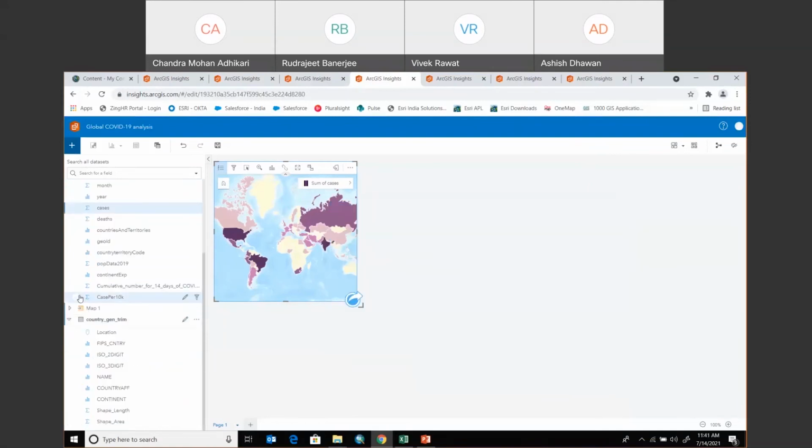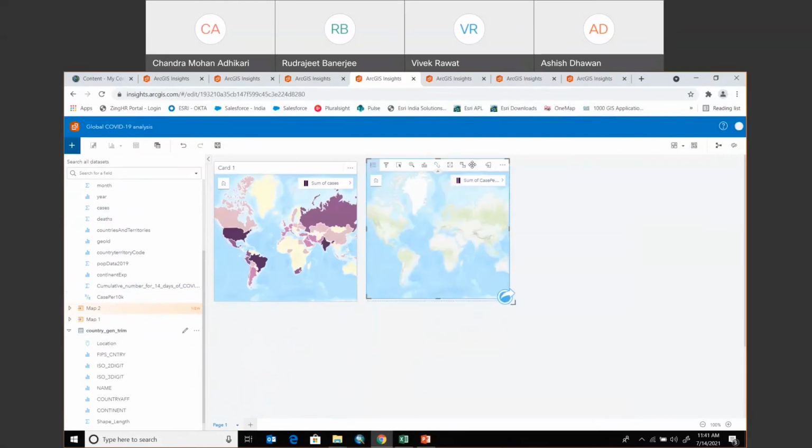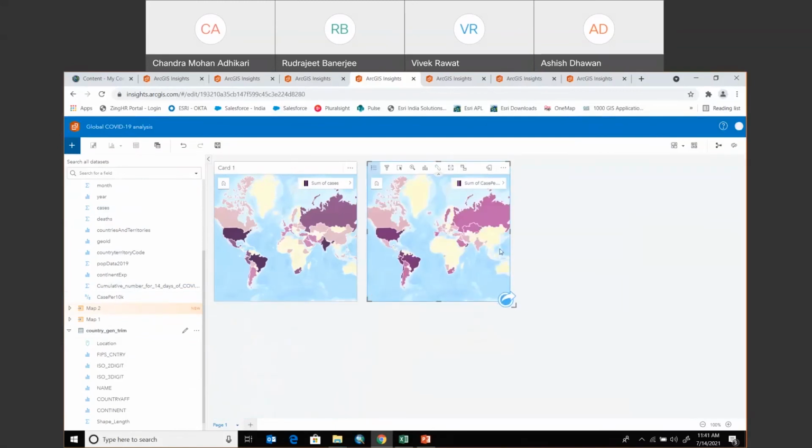So I have run it, and it shows that this is a new field which has been added over here, and we can make it a rate or ratio. I can change it from here. Now, if I want to make a map with respect to the cases per 10,000 population, I drag and drop and see it. We can compare the different countries. Although it was showing many cases for India, so it was very dark, when compared per 10,000 it is less.